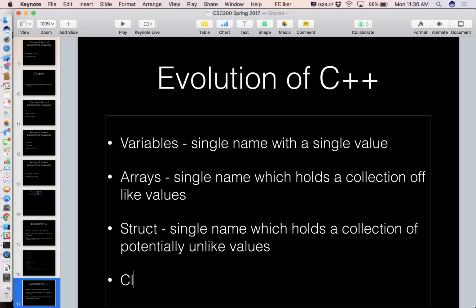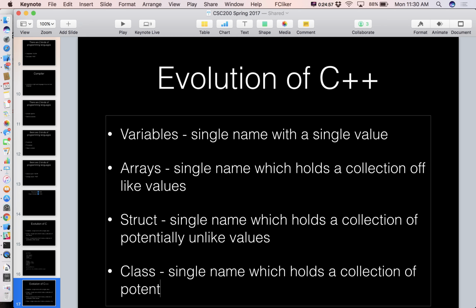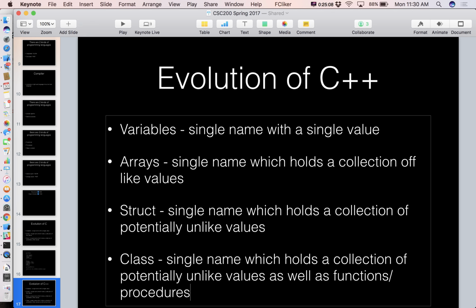But we added a new thing, the piece of Tupperware. This is a single name which holds a collection of potentially unlike values as well as functions slash procedures. Maybe a little bit more than that, but that's good enough for this top level, high level